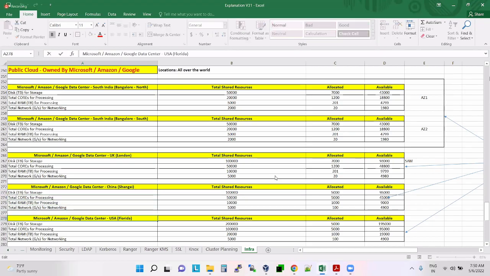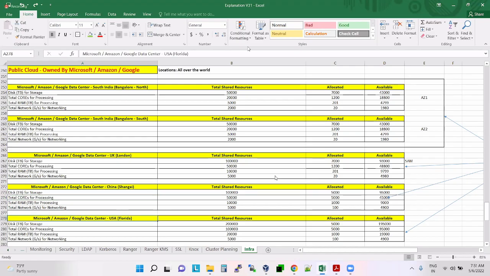I'm giving USA for some place. So like this, India is there, UK, China, USA.